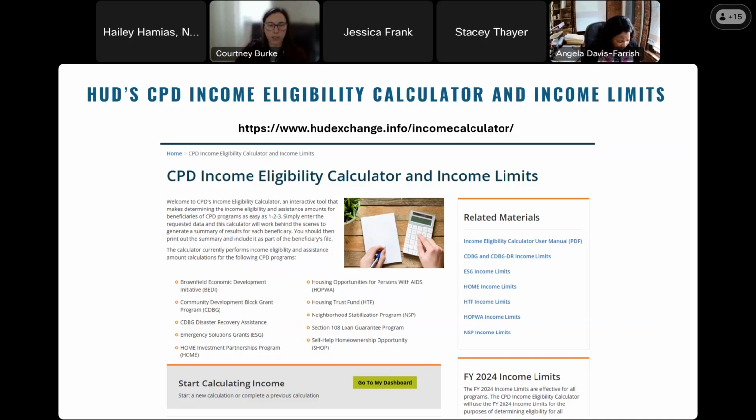Something I wanted to point out on the main page here is related materials. So on the top right of the screen, you can see there is a user manual, and that is going to go through the calculator and give you pointers on how to fill things out. I highly recommend reviewing that. Even if you have used the CPD calculator before, there's always updates and changes to it, so it's good to